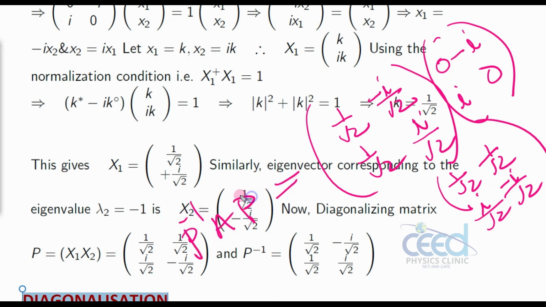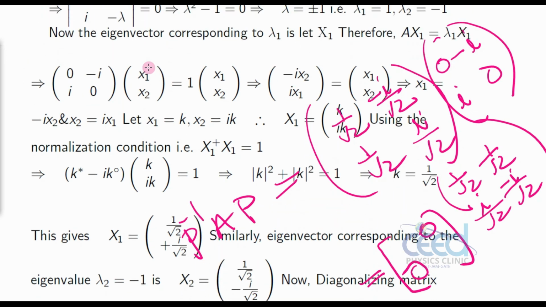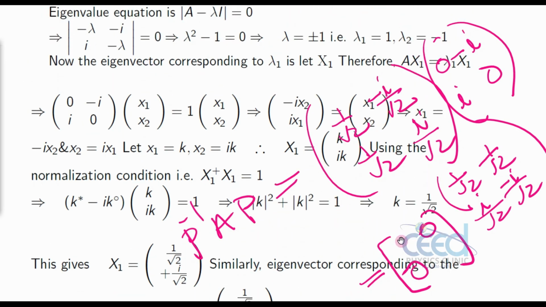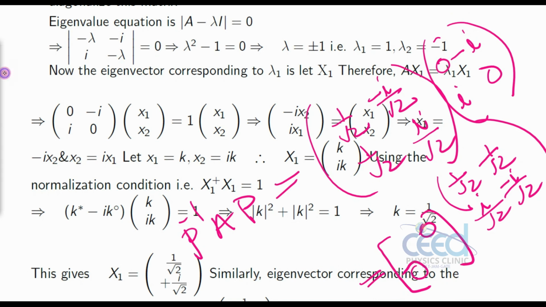Now according to the theory, when you solve this, you will get a matrix like this: here 0, here 0, and on the diagonal you will get the eigenvalues. What are the eigenvalues which we have solved? 1 and minus 1. So this will be the result, 1 and minus 1. Once you know this diagonalizing matrix, it has a lot of applications.